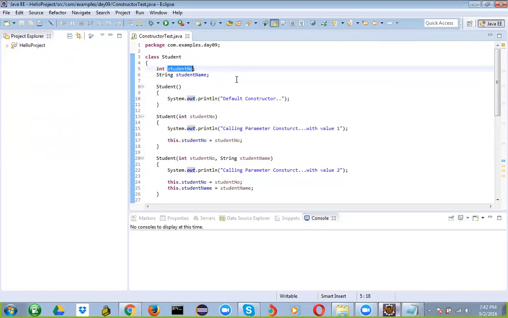Assume this is a variable, and there is a constructor or a method which is having a variable too. Here the names are matching, right? Both the class variable and the method variable names match. Usually we match them. In that case, suppose I ask you